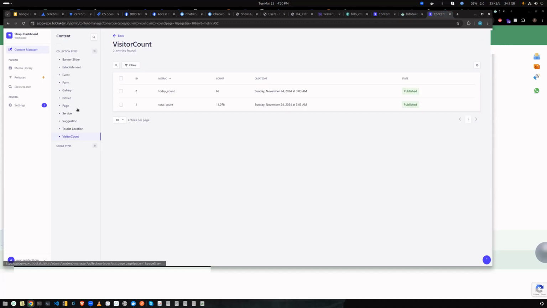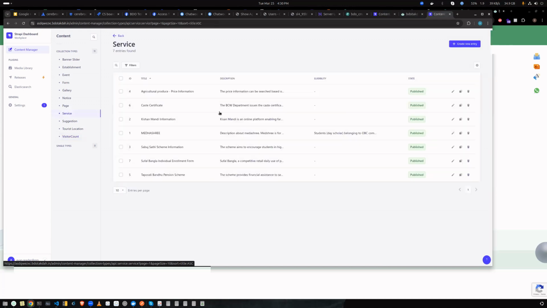Okay, and then coming to the services part. So this is the new feature which we did. This is mainly for, we don't show this information on our website, but we do use it for the chat communication, which I'll be demoing after this. Okay, so we have different schemes and different services available